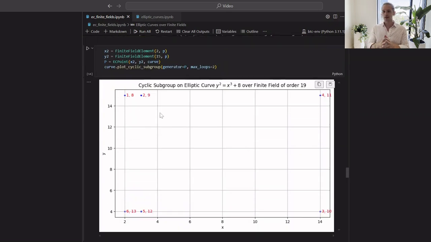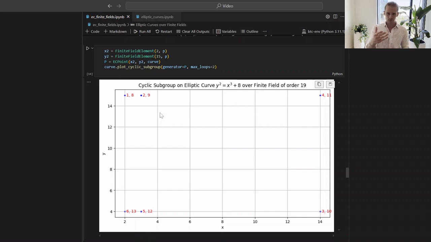Now, why is this important? In elliptic curve cryptography, we need something that's called a generator point. A generator point is a point from the elliptic curve over the finite field which can either generate all other points on the elliptic curve over the finite field or almost all other points on the curve, which is only the case if the generator point, or the point that we start with, has an order that is the same or very close to the order that the entire group of points on the elliptic curve has,